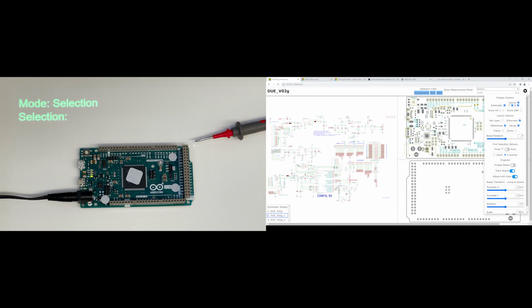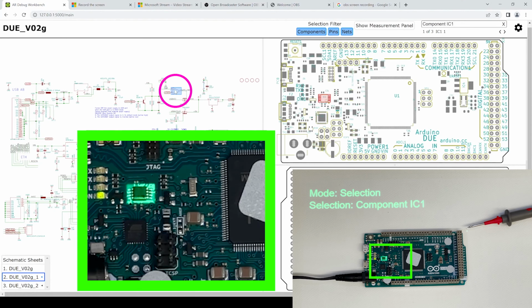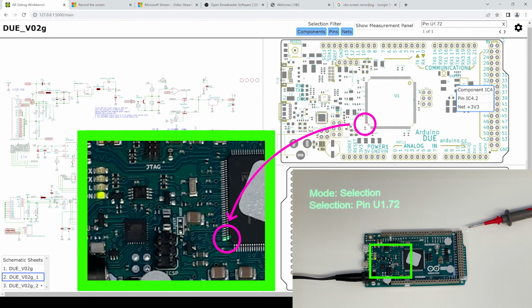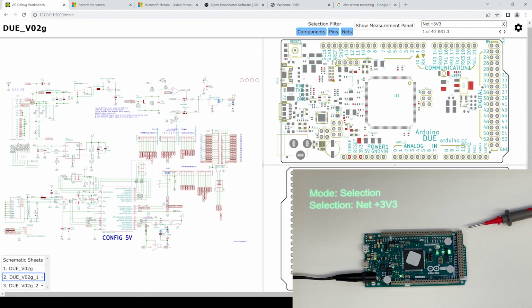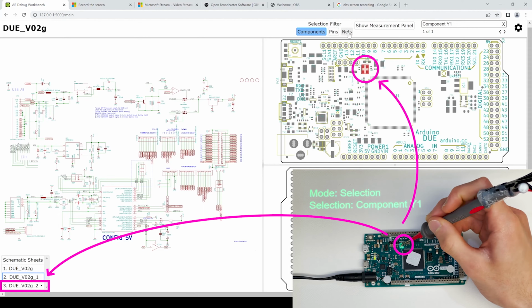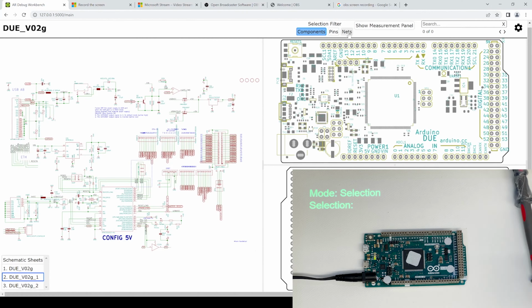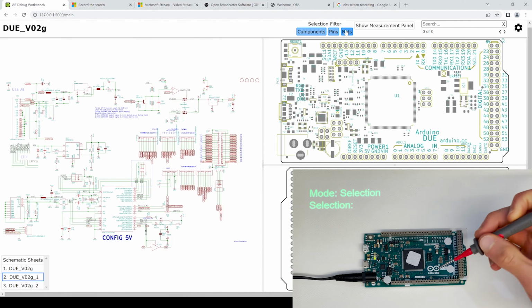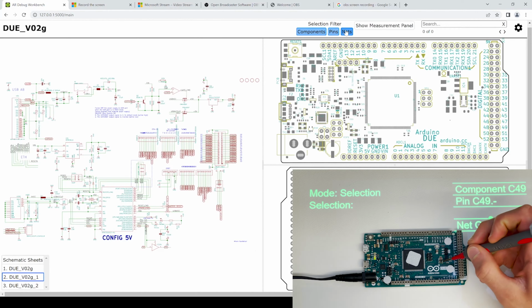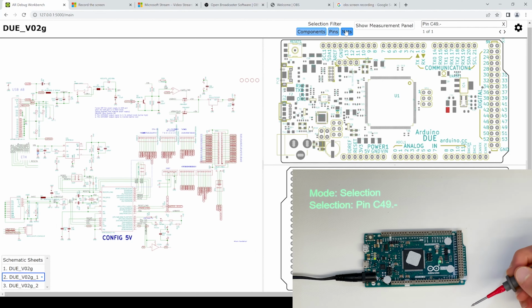ARDW facilitates navigation between the schematic and the board simply by selecting a component, pin, or net on the screen. The system guides users to the appropriate area on the board. Users can also use their probe on the board to select items and navigate back to the design files. If an area of the board contains overlapping component, net, and pin designations, the system provides a pop-up menu to